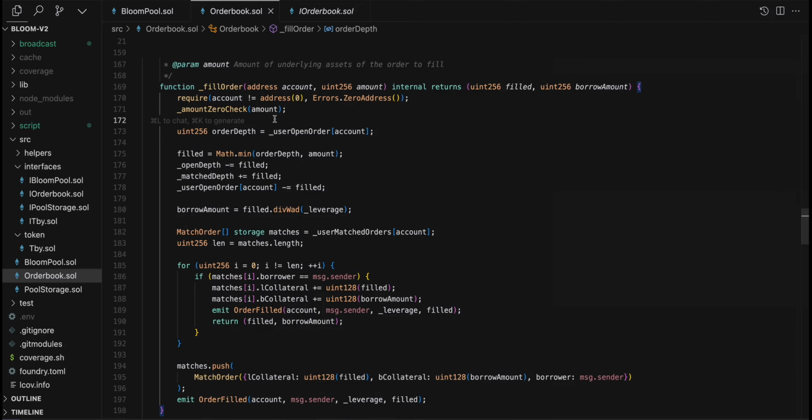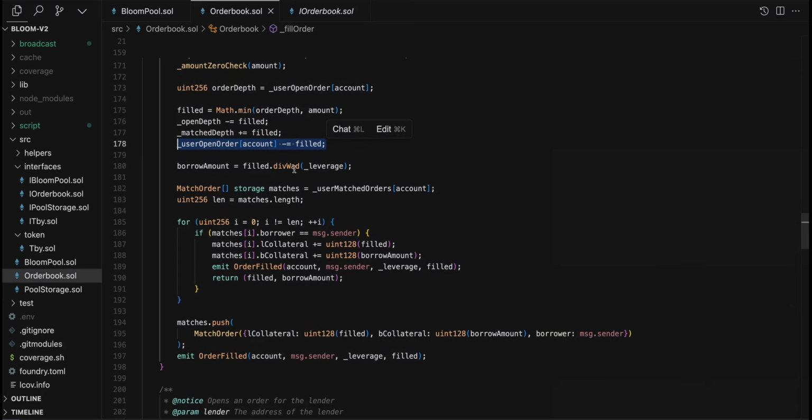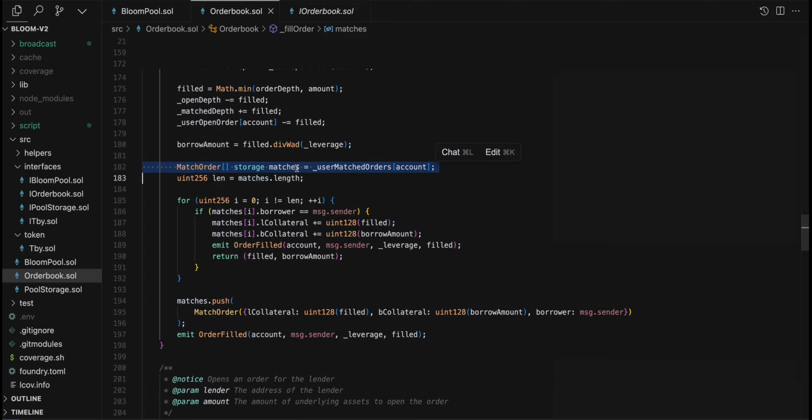Fill order does an address and amount zero check and then begins the fill order process. What that looks like, it gets the order depth for a given user and then calculates what's the maximum amount that can be filled for that user. It then decrements the total open depth, increments the total match depth, and then decrements that user's individual order. After that, we calculate the necessary amount of collateral that the borrower can post by applying the leverage to the amount filled. We get all the matches for that lender,